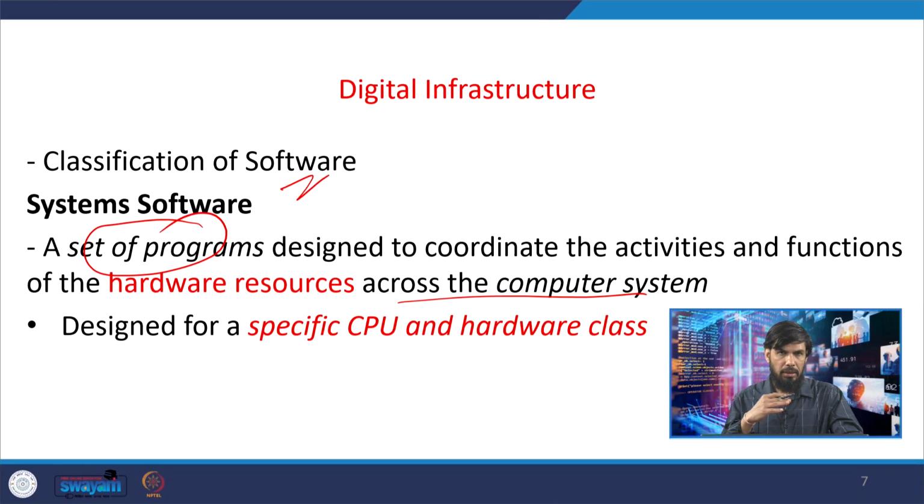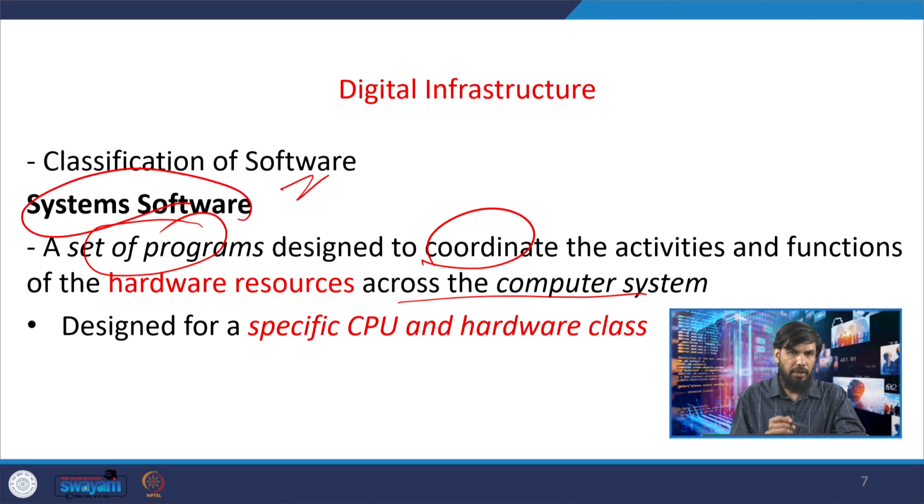So, essentially these programs, once the operating system is up and running and we interact with it, let us say we want to open a word processing software, Microsoft Word, then the operating system is providing that coordination, because that word program would be using the hardware resources, but how does it get access to the hardware resources? Through a system software, and operating system is an example of that. So, keeping operating system in mind, and then we try to understand this definition, then we get it more easily,